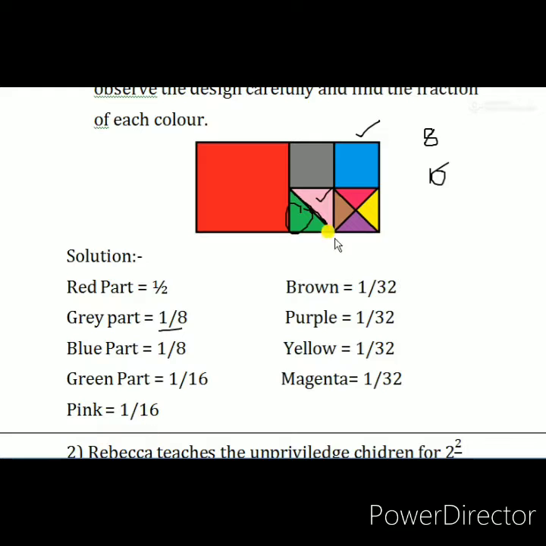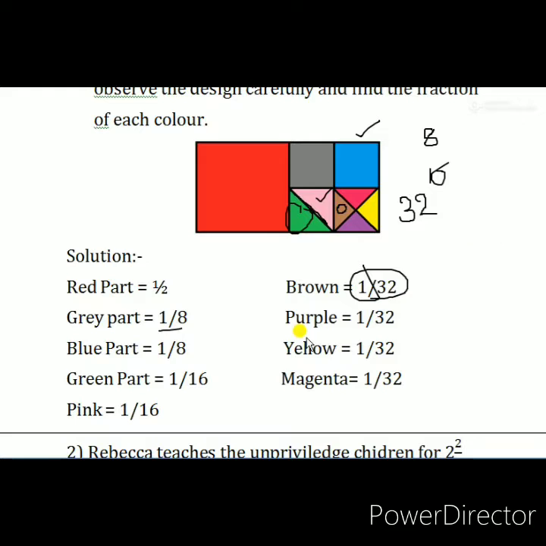Now see the brown part on the next side. In the brown part, we can see that the 4 columns are again divided into small boxes, small triangles. If we divide here, 4 4s are 16, here also 4 4s are 16. How many parts are there in total? 32 equal parts. Out of that, only one part is colored brown. So we can write the fraction of the brown part as 1 by 32.